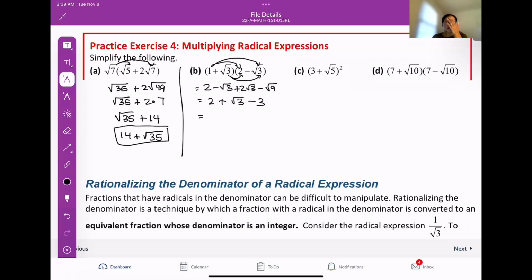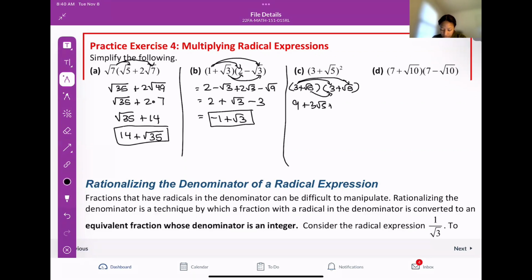All right, now we can combine the constants. 2 minus 3 is negative 1, and we're left with negative 1 plus root 3 as our answer. On to part C. Part C will work out very similar to part B. If you remember, it's 3 plus the square root of 5 all squared. We cannot just square each term in the base there, but we can expand this and then FOIL. So we'll get 3 squared, which is 9,